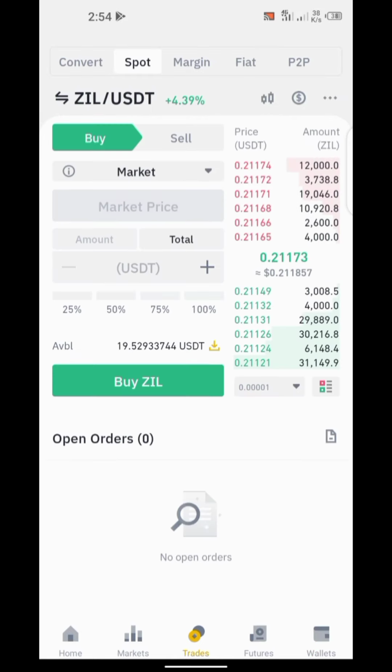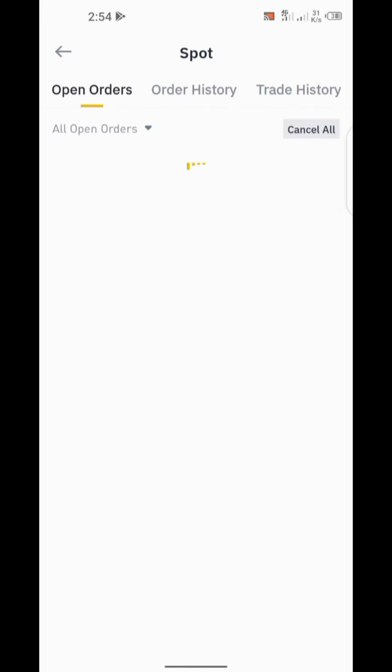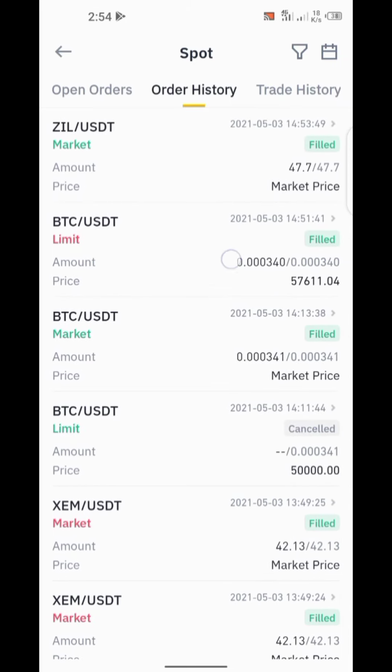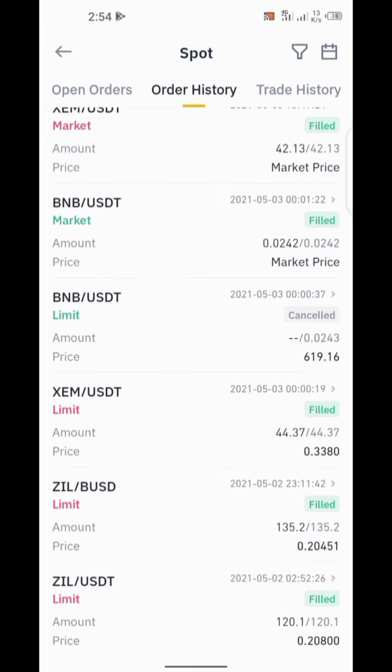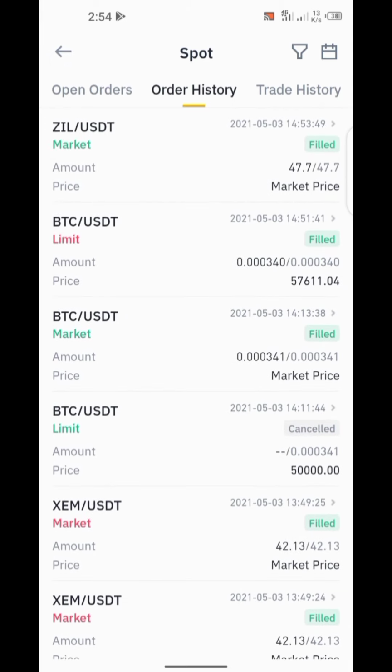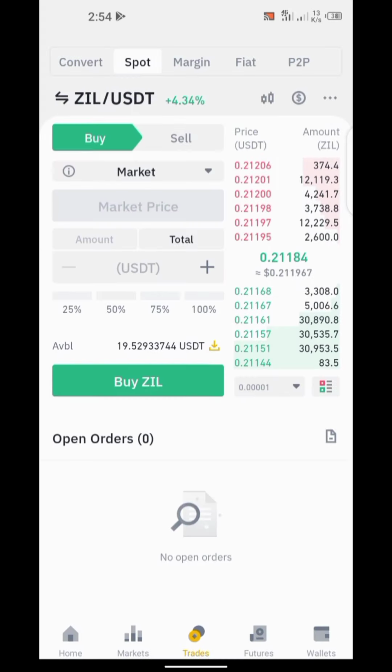And when you are back on this trade page and you want to see your history, you click on this icon here and you can see all your open orders. You can view them from here. The order history, you can view it from here. You can see all the order history, both the ones that were filled and the ones that were cancelled. As you can see, this one was cancelled. So all your order history can be seen from here. Let's go back. So that is it. This is how to buy and sell